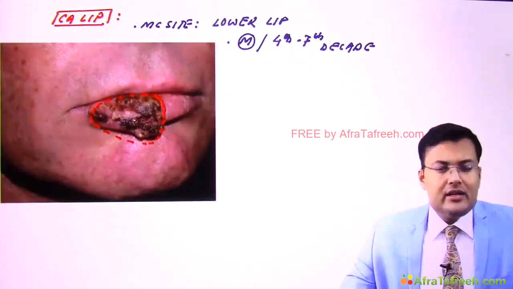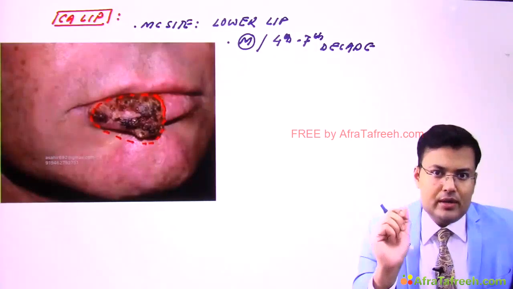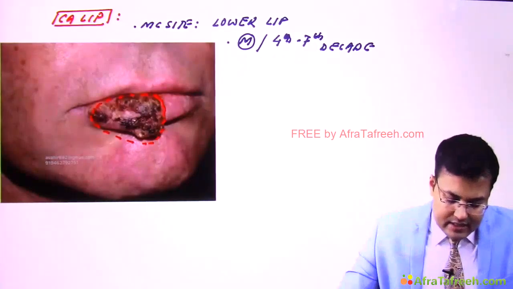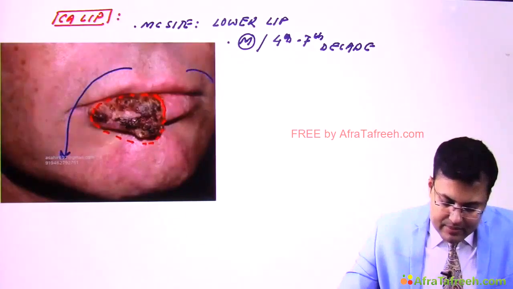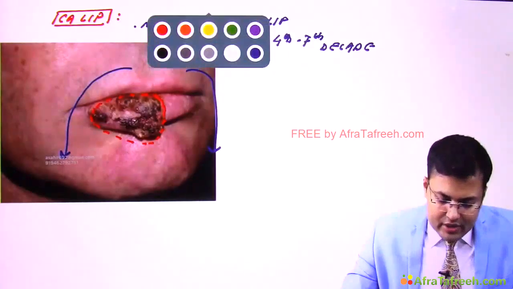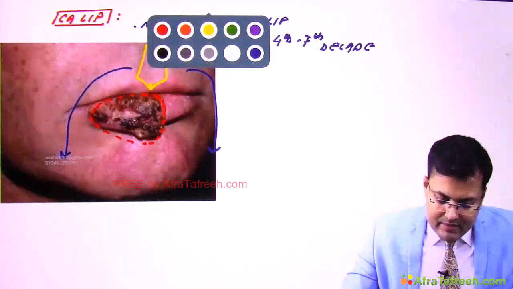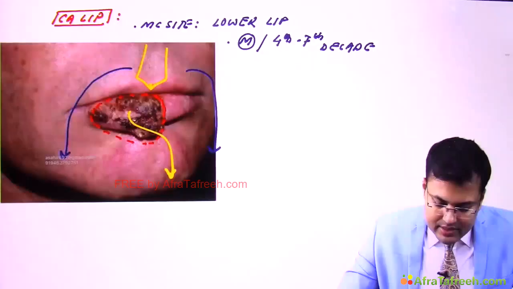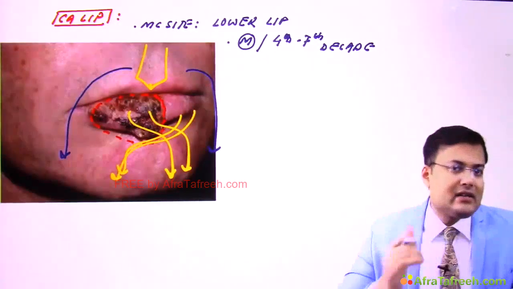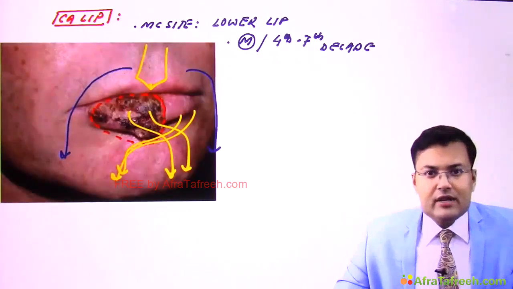Now see, generally these patients have this kind of swelling, growth, sometimes ulceration over the lower lip. Now we discussed that if the malignancy is arising from upper lip, there is lymph node involvement of one side. Why? Because here it is divided by philtrum. But if patient is having malignancy in the lower lip, what happens? Because of crisscross connection, there can be involvement of bilateral cervical lymph node. So here also there can be involvement of cervical lymph node.